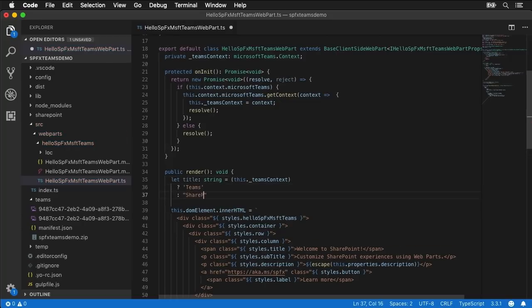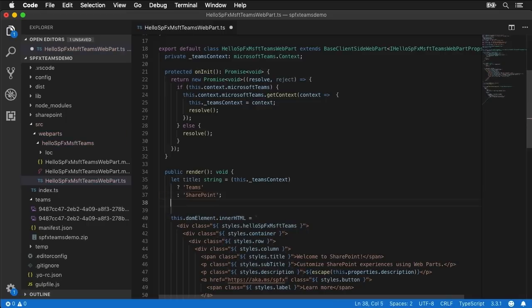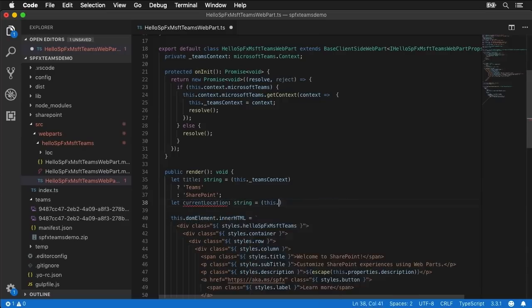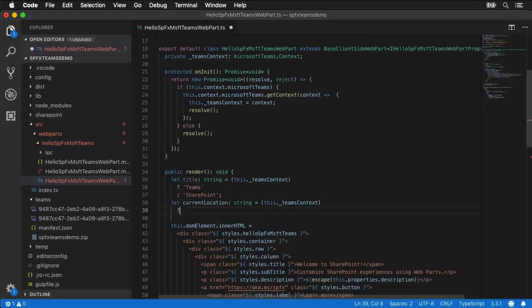Otherwise, we're in SharePoint. And then I'm going to do the same thing for the current location. If we're currently inside of a Microsoft team, I'm going to say we're inside of the team called,